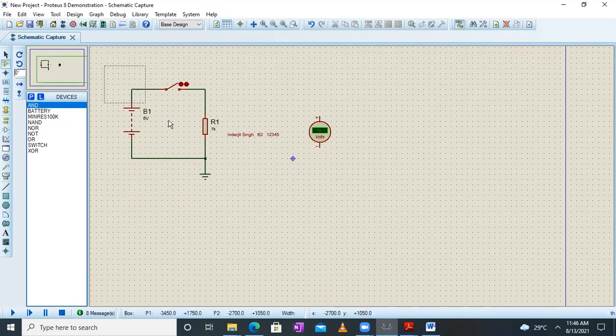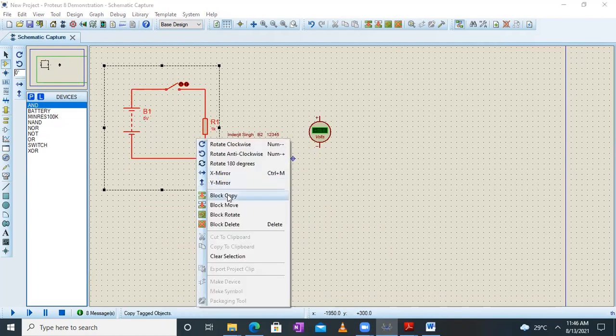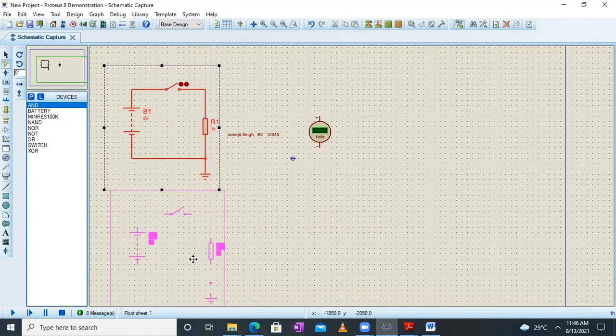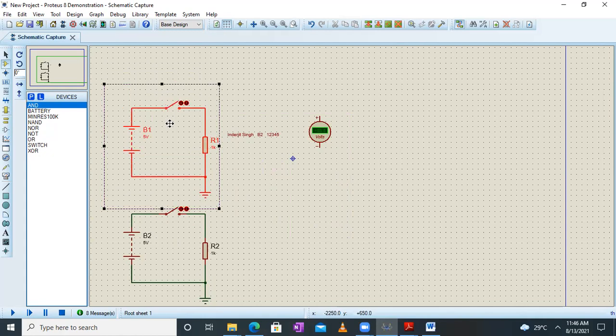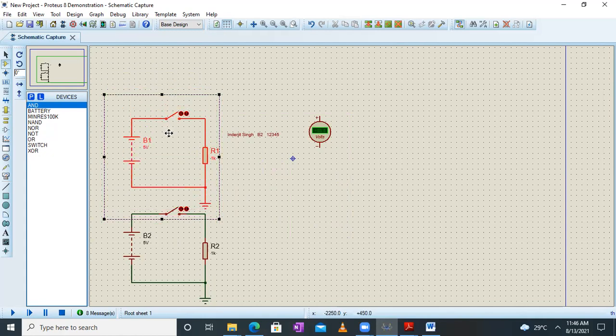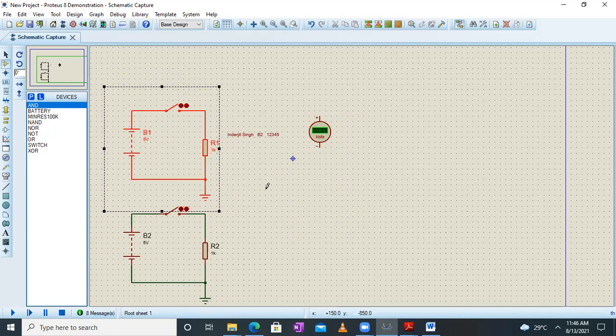Then I'll select this, and if I want to copy it, I'll right click on it and click on block copy. So the entire block can be copied to a newer section like this. I'll paste it over here. That's the way we can add the two sections. Now we are ready to check out, let me make the adjustment of keeping it very near. Yeah, so now we are ready to simulate.